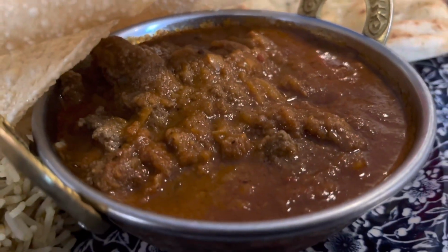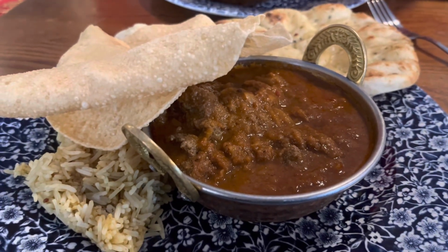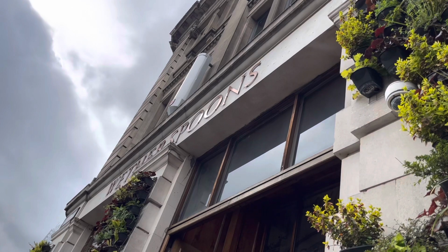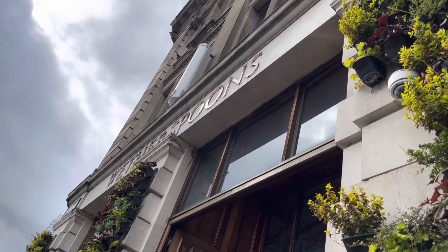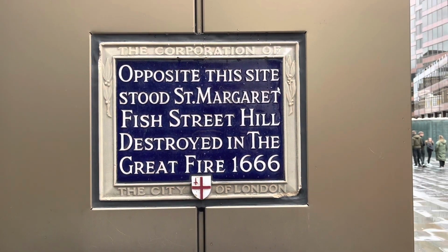Honestly, very, very tasty. I mean, if you want a proper curry, you've got to go to Brick Lane in the East End. But this was nice, inexpensive, and highly recommended. No mango chutney, but that's the only negative, and that seems to happen a lot with Spoons. They always run out of the mango chutney. But lovely meal. And after that, let's go and